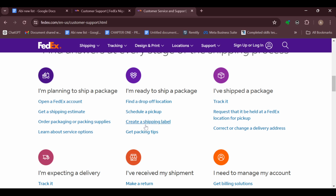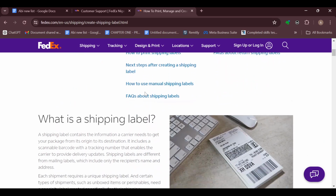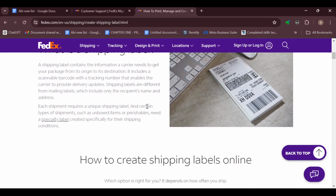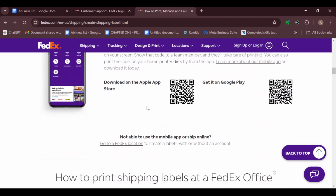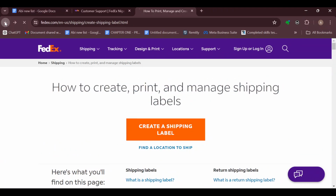Let's say for example you want to ask a question about how you can create a shipping label. All you need to do is to click on shipping label and then you'll be taken to the page where the article that has answered the question would be displayed. And then you can see the menu of a shipping label. You can see how to create it and then you can go ahead to create it too. This is one way, and another way